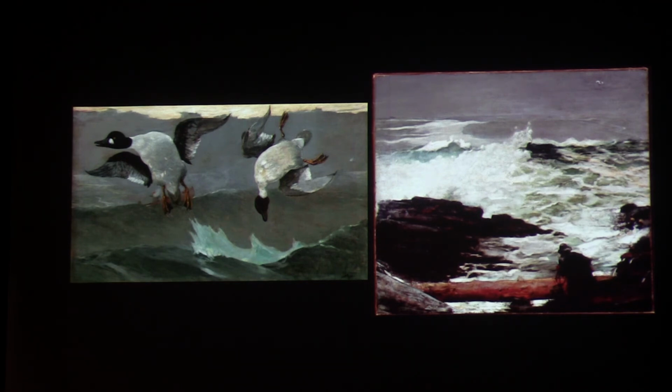Or more conventionally, you'll see the hunter lifting a rifle or a shotgun, and the birds are off to the right or the left. But here, and again, think about this as one of his final paintings, he has the shotgun fired not just at the birds, but at us and Homer himself. I find that extraordinary. And it's one of the reasons why this is such a deeply moving and, in a way, disturbing picture. I'm not sure that I would use the adjective suicidal, but it surely is a painting about